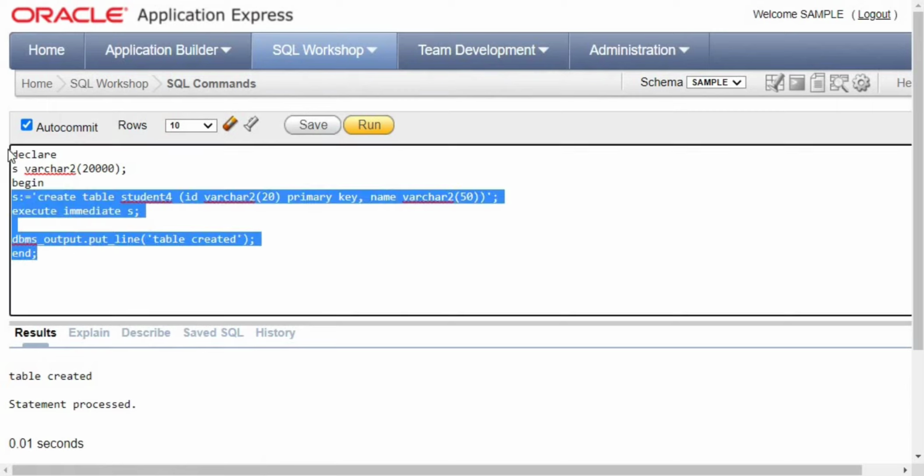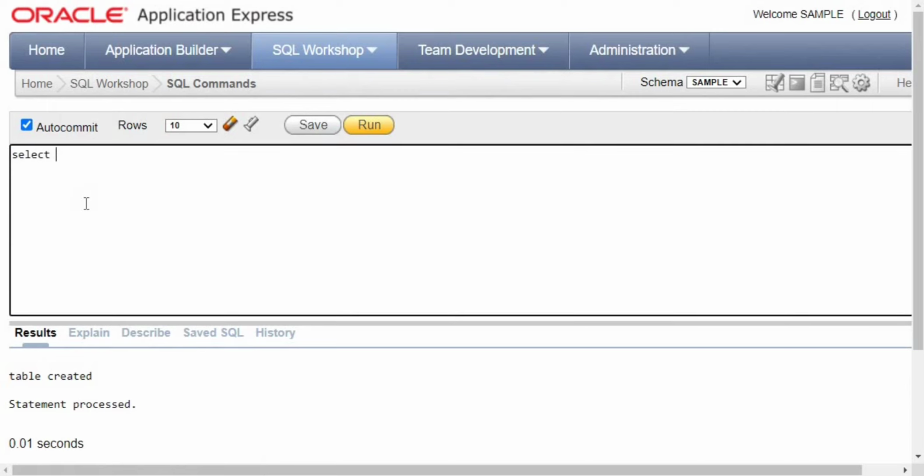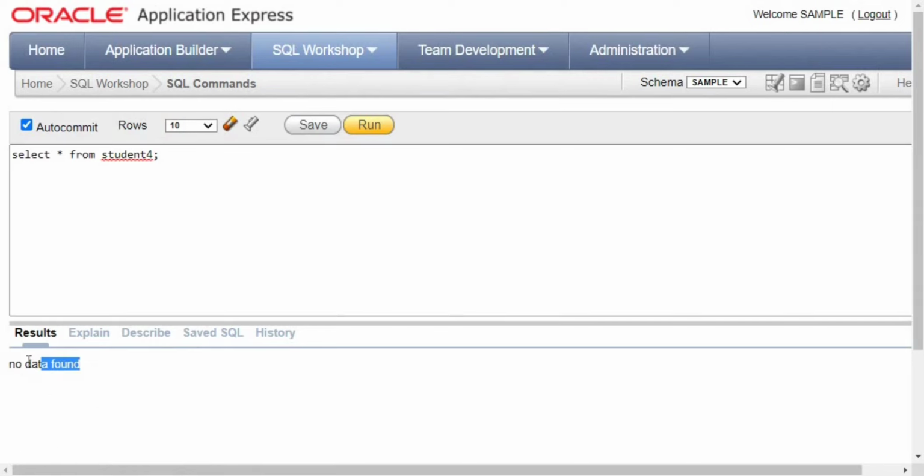Okay, now I can check whether the table is created or not. Select star from student 4 and we can check. Yeah, there is no data found. Means that previously we told the